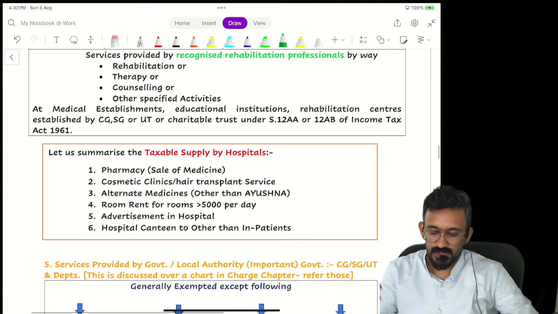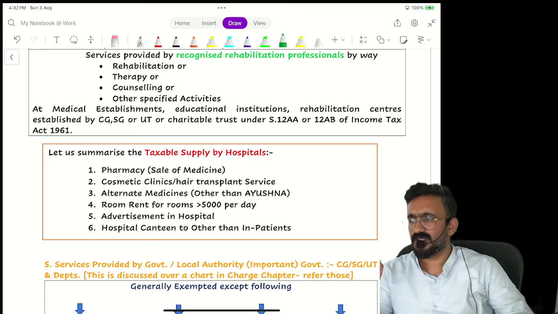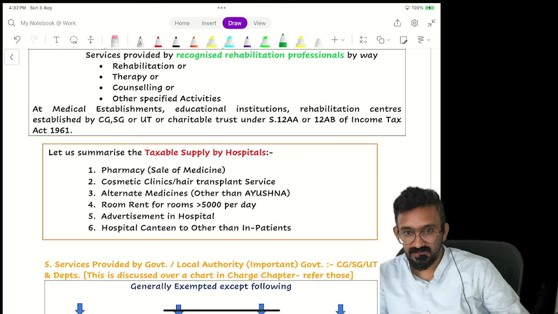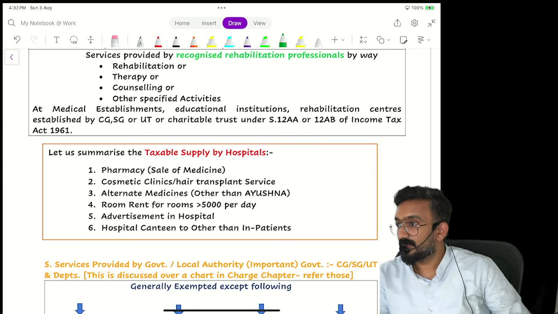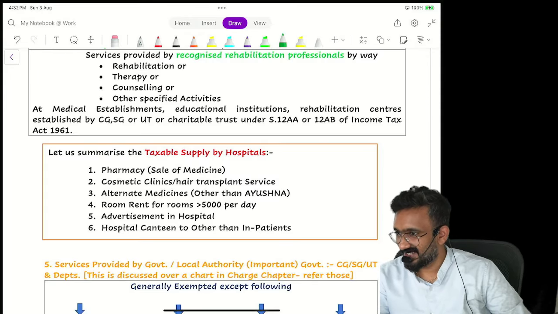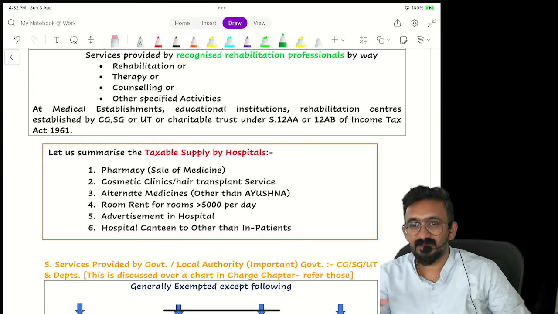Look at one additional thing. Rehabilitation professionals. See, there are two people who work on mental health. One is psychiatrist. I have given this in the older notes in another entry, during the government one. Two people work on mental health. One is psychiatrist, another one is psychologist. Psychiatrists are doctors who after MBBS have done MD in psychiatry, right? Psychologists are people who have done MSc psychology, MA psychology. What do these people do? Counseling.